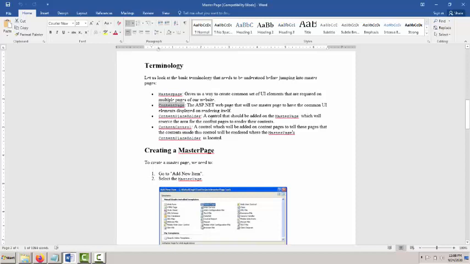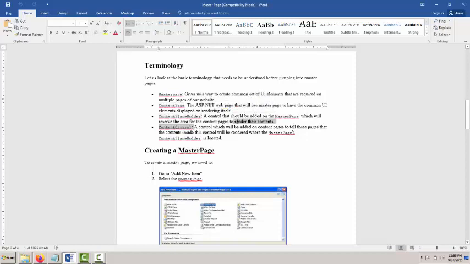What is the content placeholder? A control that should be added on the master page, which will reserve the area for the content pages to render their contents. Content control: it is ASP content, and this one is the content placeholder of the master page.